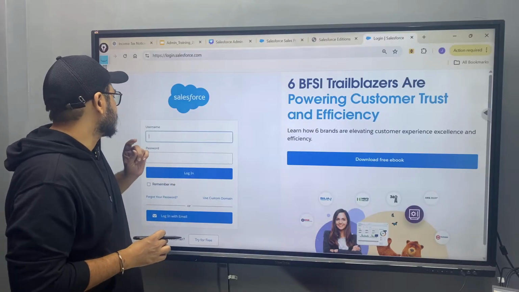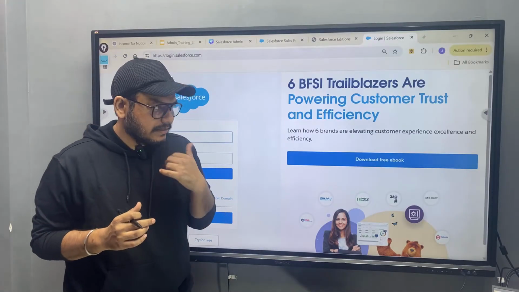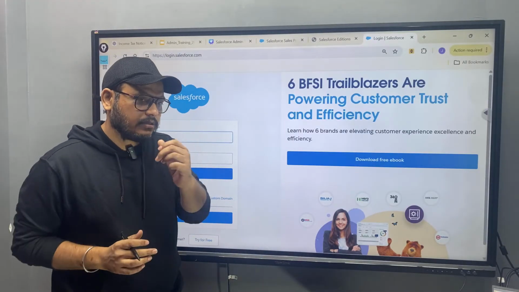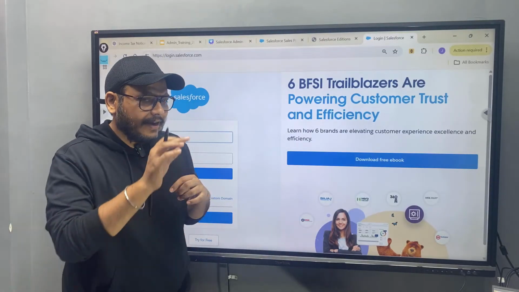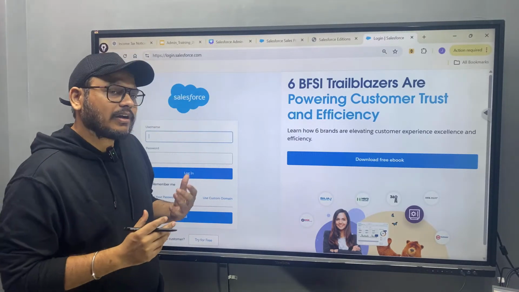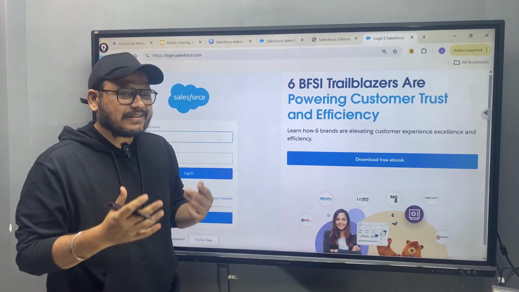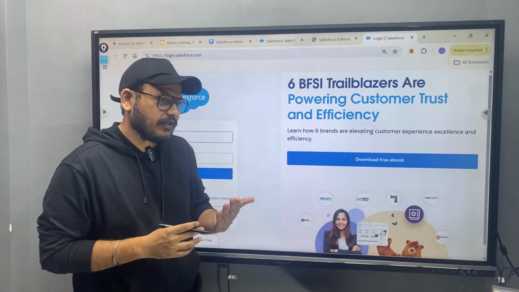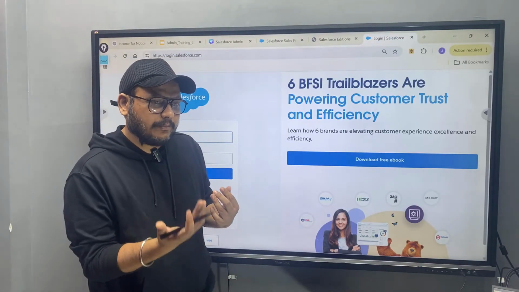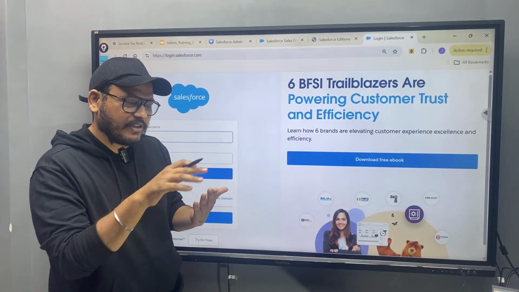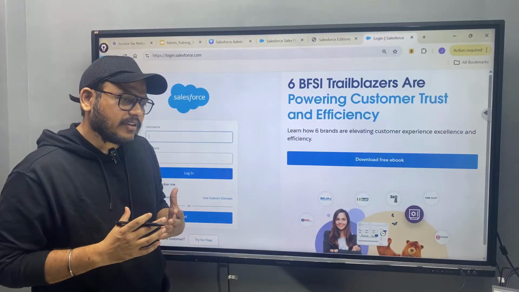For now, I would keep it here. I would recommend everyone to quickly set up the developer edition, and there's a small activity I want you to do. Set up your developer edition and try to explore. I'm sure you will not understand most of the things, but certain things at least you will. It's like exploring a new phone. When we get a new phone, we really do not sit with a manual and start exploring. We start going through it, try to navigate through it, and explore it. That is something which will help you